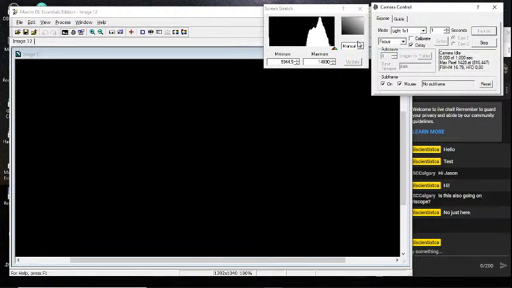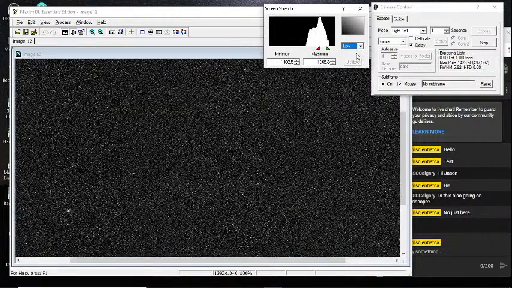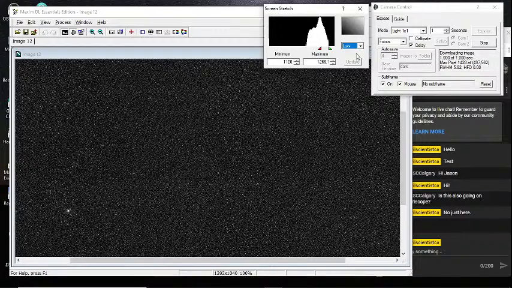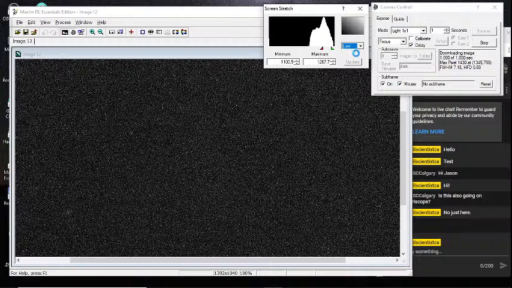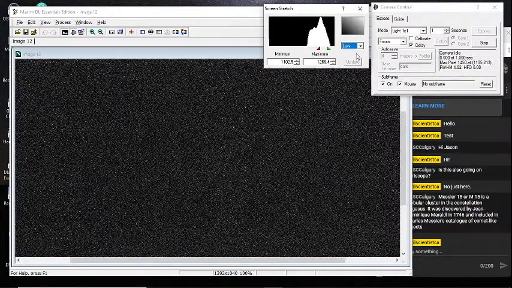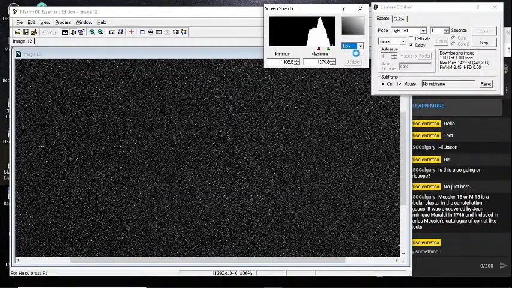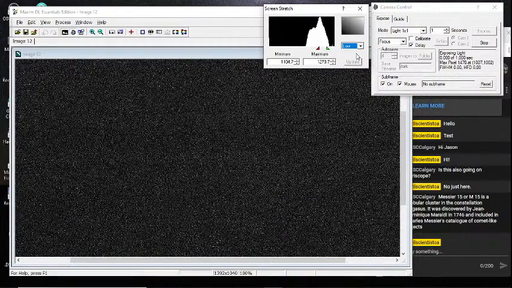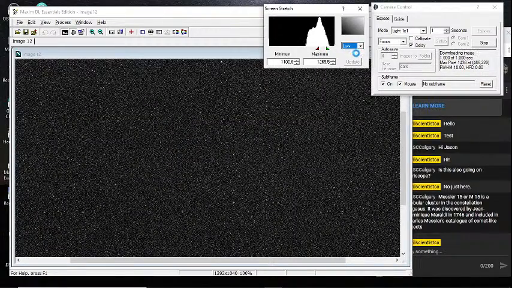And let's change the screen stretch so you can see things. There we go. Just a moment while I go and point the telescope. We won't be looking at M2 because it's behind a tree. So we'll move on to our next object,